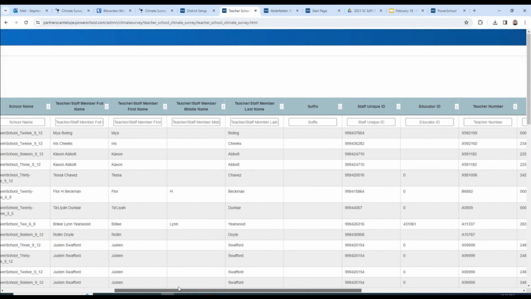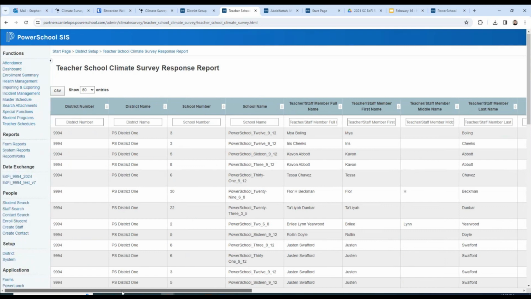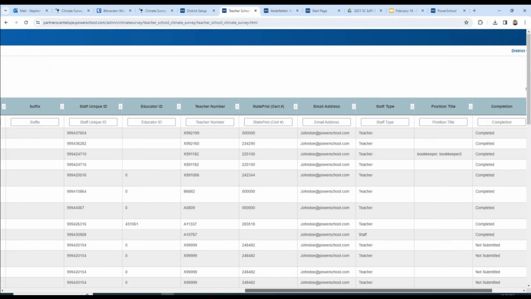You'll notice that we have a few teachers here, like this one right here, who's associated with more than one school, right? So you see PowerSchool 16 and PowerSchool 3 are the very creative names there for the schools that teacher is associated with, and they have one record for each of those schools, okay, and no more than that. And that's why we have the position title all together there in that one row, but many, as you can see in this particular district, many of them don't have that filled out.